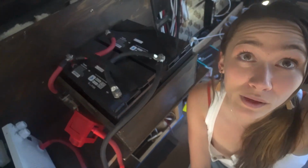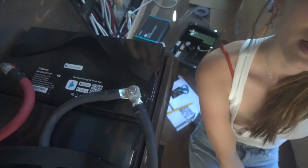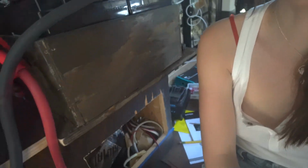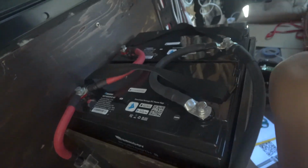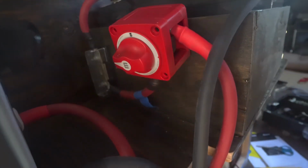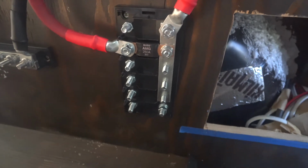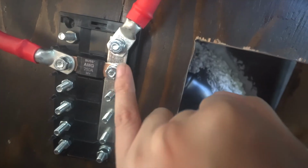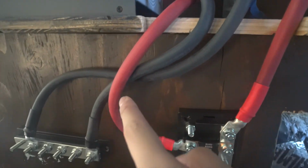We got our 2 batteries here. I got 2 100 amp hour lithium batteries. We're going positive terminal to positive terminal, negative to negative. Then on one battery bank, I have the negative wire going all the way down here to the negative bus bar. And then the other battery bank, I have it going to a 250 amp fuse, a kill switch, and then down to this mega fuse bar. Right now, all I have is my inverter charger. Positive goes right through there, and then we got the negative one going right through there. And just like that,